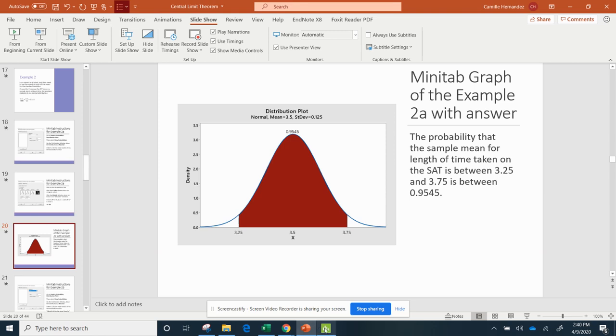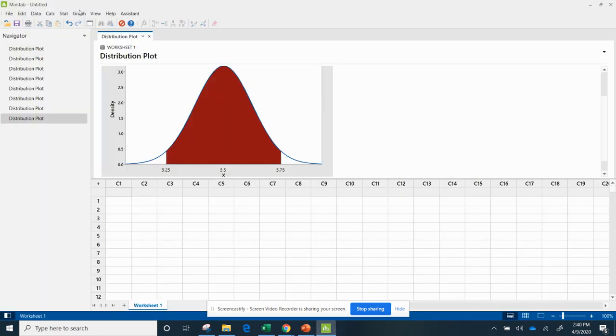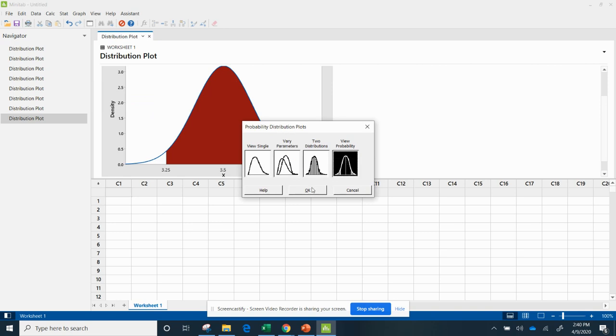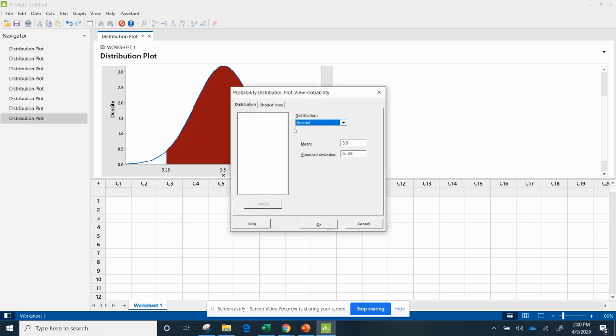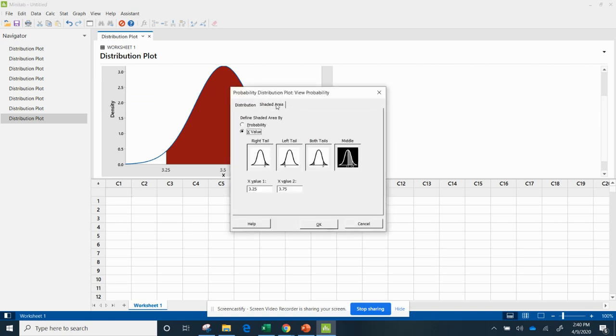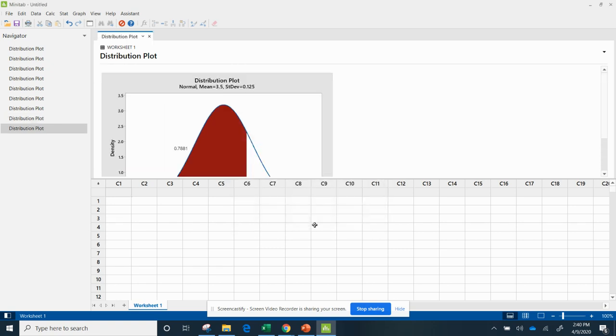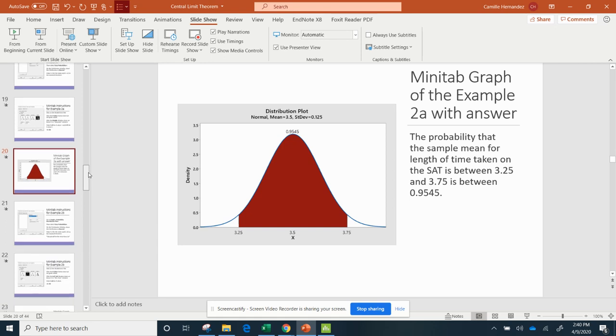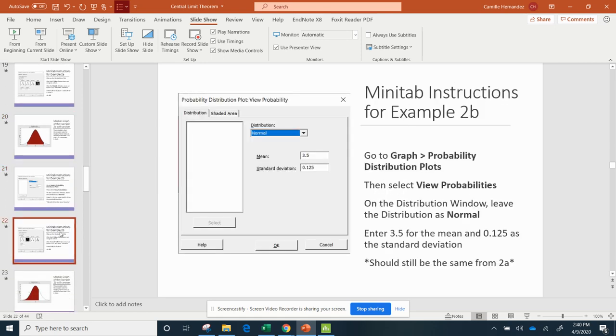That next one wanted to look at less than 3.6. So I'm going to go here, View Probability, hit OK. And again, if I'm going too fast, all of these slides are in the PowerPoint so you can see them. I'm going to do less than, and remember I said 3.60, and I wanted it less than that, so it's a left-tailed, hit OK, and I get that. And if I go to my PowerPoint and look at it, and again, here are the instructions to show you what to do,